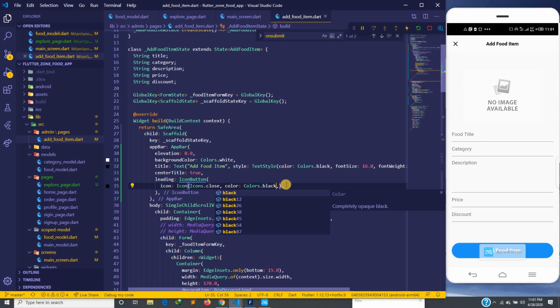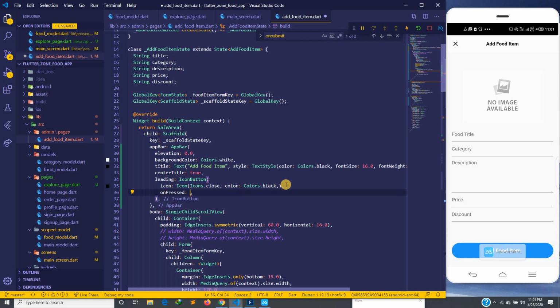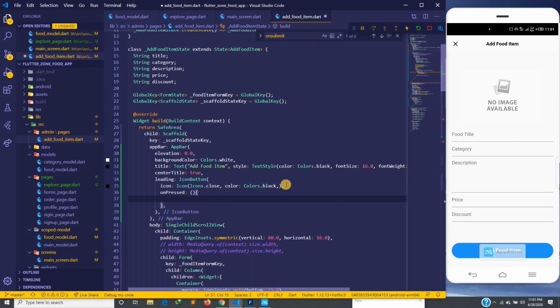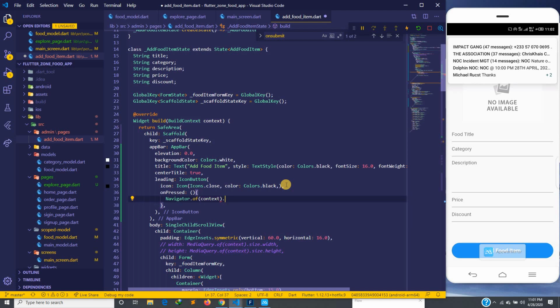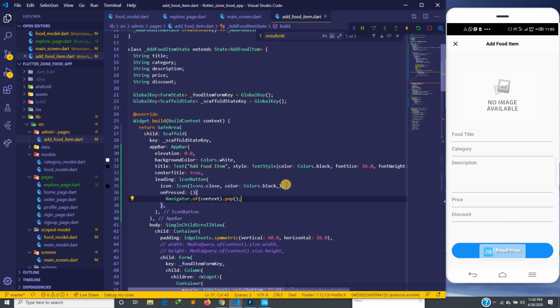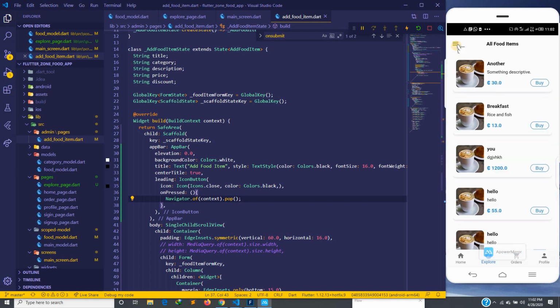Okay, so when this is clicked on the onPressed, you can now set this to Navigator.of(context).pop. Okay, to pop this, and then when we save it now, we can now click back, and it takes us to that place,